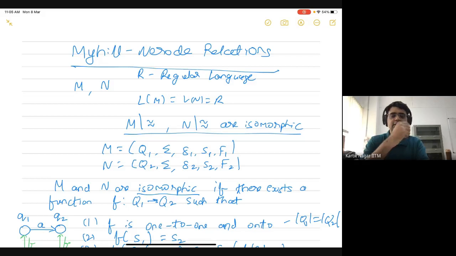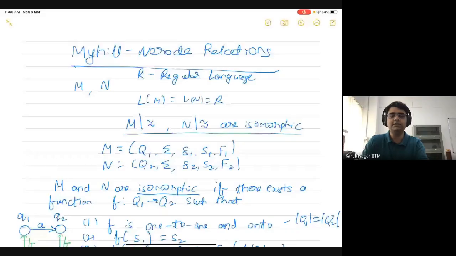So there was this other question. In this particular algorithm, you are starting with some DFA of the language, and then you are collapsing states of this DFA in order to get the minimal DFA. But what if there is another arbitrary DFA which could potentially have a lower number of states? In order to answer that question, we need to do a bit of theory. We need to understand this concept of Myhill-Nerode relations.